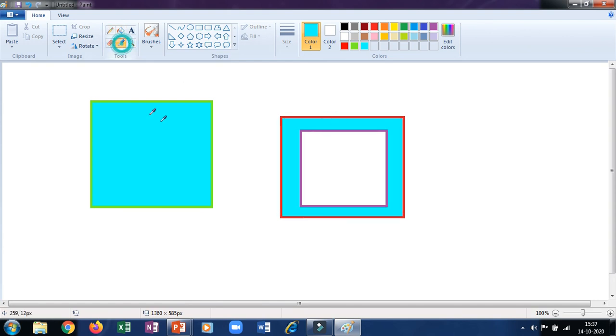Now again I want this color, green color. So I will click on the color picker tool, click on this color and click here. So you can see by using the color picker tool, I have colored the image. I have selected the colors from the drawing area and I have colored the picture. Now let us go to the next topic.